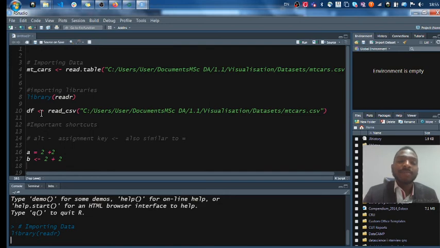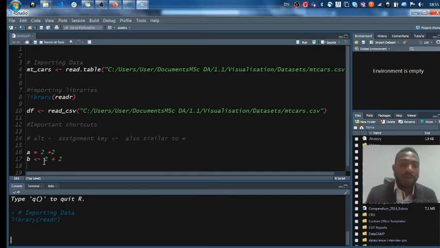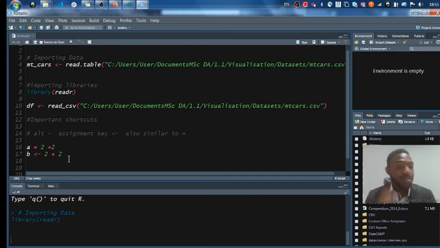I know this has been a very long video, but if anything, you just need to remember that if we are importing data from your local computer, you need to know the path, like I've said. Then after the path, you need to use a function to read that file. There are so many functions that you can use. There's read